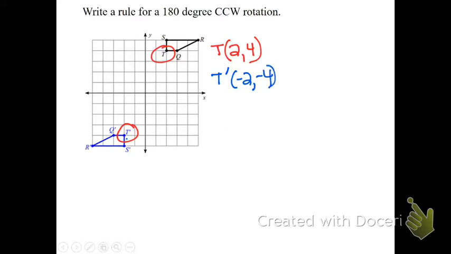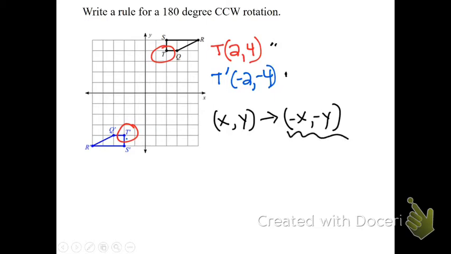And now let's try to figure out our rule. Coordinates of (x, y) map to. Okay, so did the order change from T to T prime? Nope, so that means it stays (x, y). Did the signs change from T to T prime? And yes, both of them changed. So there's our rule. And this tells you when you have a 180-degree rotation, you keep the order the same